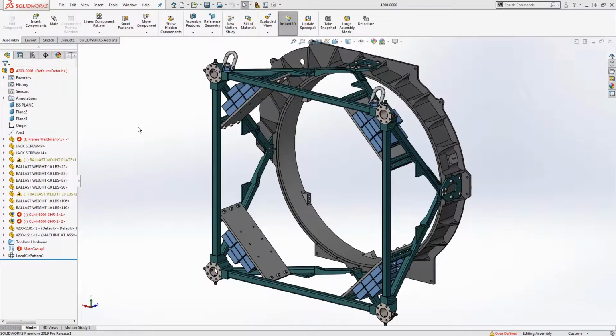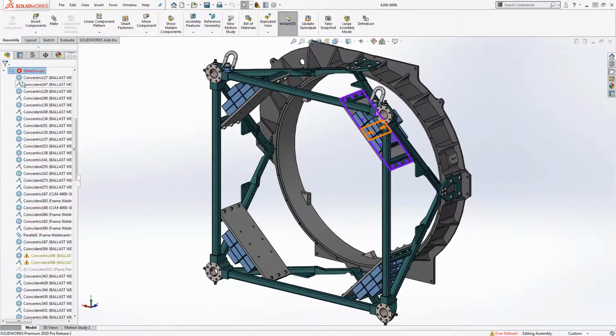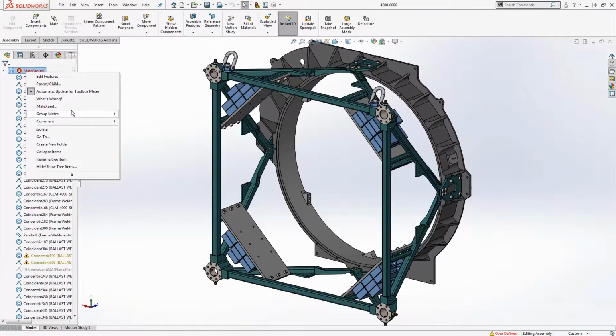Oftentimes when we work with large mechanical assemblies, we have a large amount of mate data. This is particularly troublesome whenever errors pop up and we have to sort through which components are having trouble, why they're having trouble, and how we can fix them. New for 2019 is the ability for us to group mates by either their status or to separate out fasteners